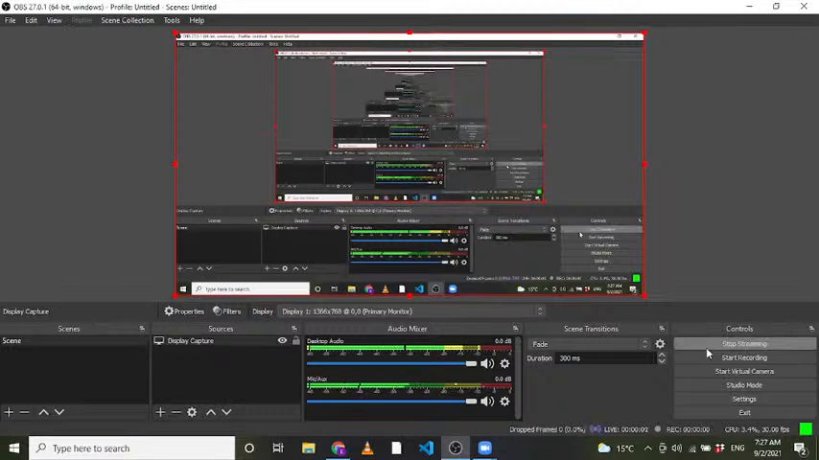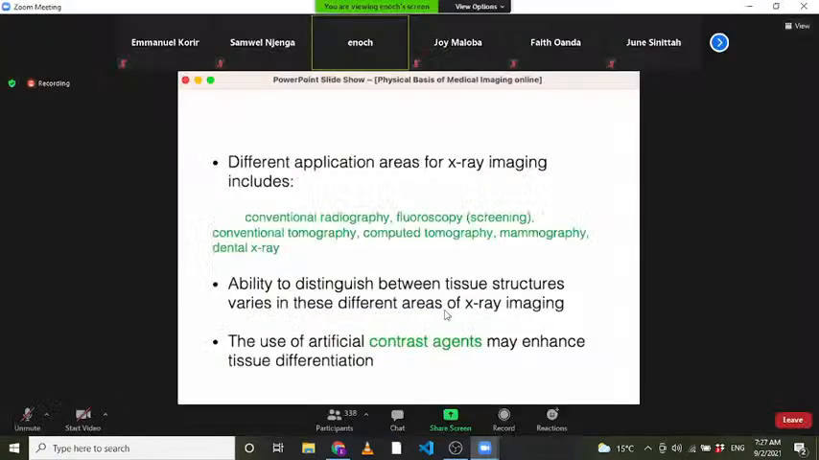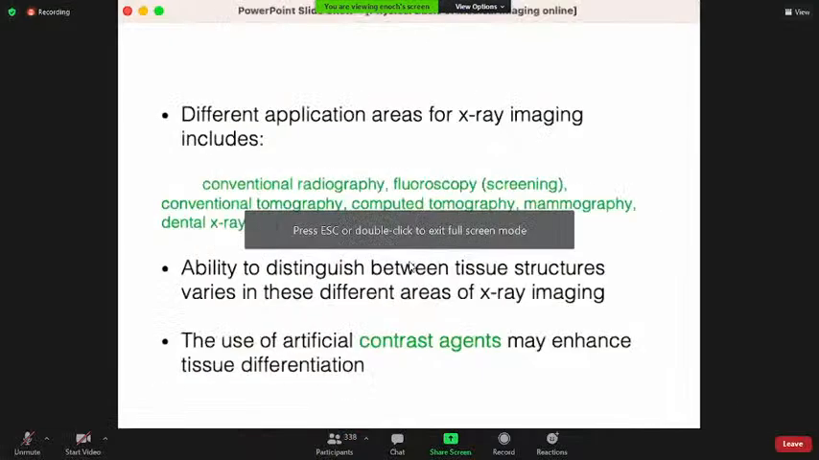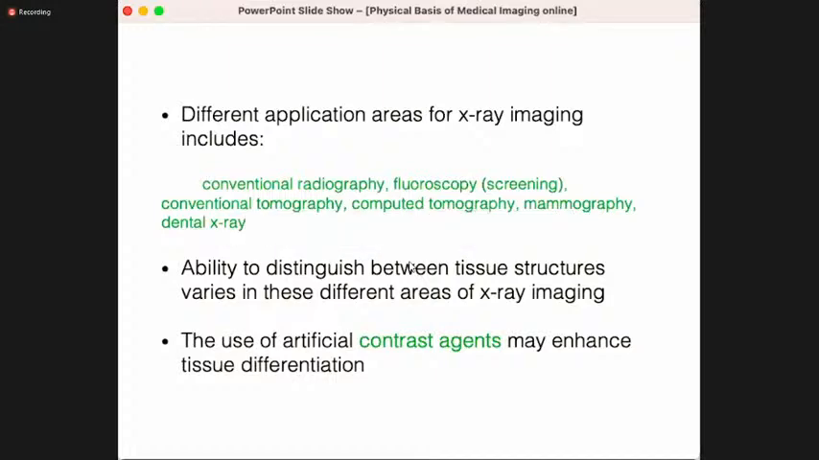Advanced form of X-ray imaging. So we still use the X-ray, but now instead of the X-ray source being on one side of the subject, it rotates around the subject. So the detector and the X-ray tube rotate around the subject to generate the attenuation data. And this attenuation data is then fed into the computer to do the reconstruction,